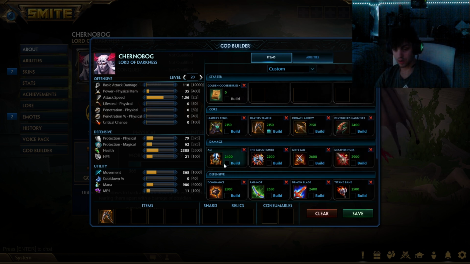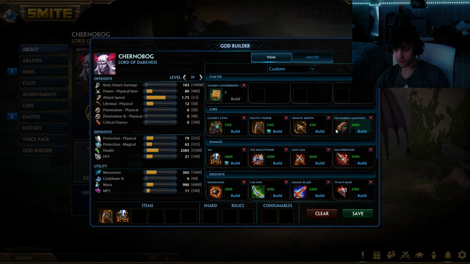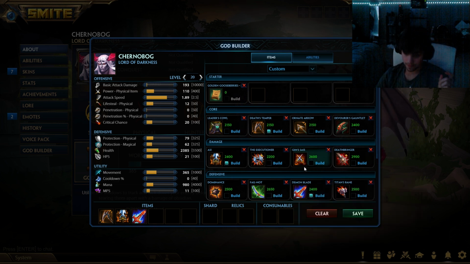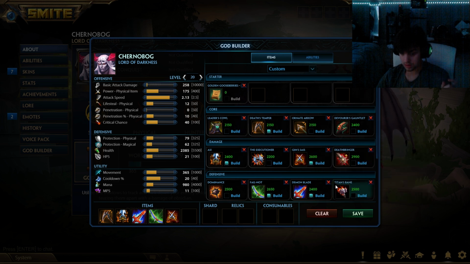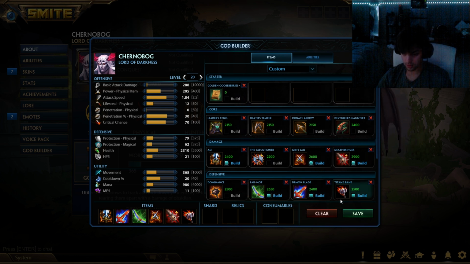You can go Aussie. I think this is better to go Aussie with, because you get a fat amount of lifesteal very early online. You're going to go into Demon Blade, second item. You're going to go into Fail Not. You're going to go into your Kins. You're going to go into your Deathbringer. And then if you sell this item, you go Titan's Bane. That will max out a decent amount of your...